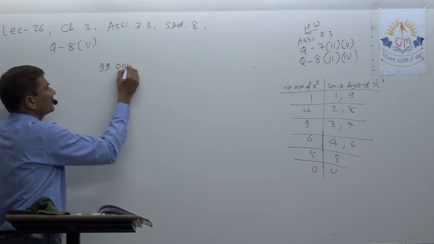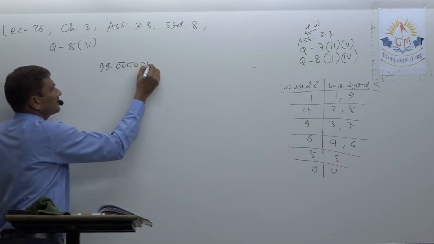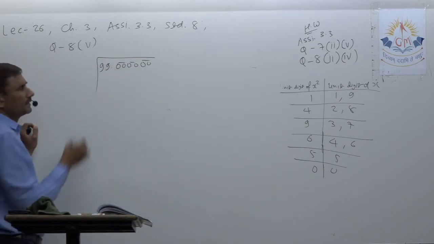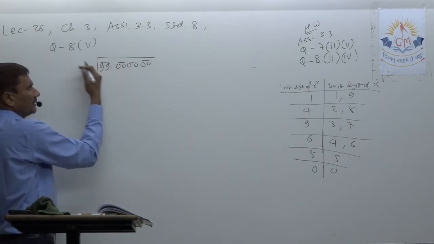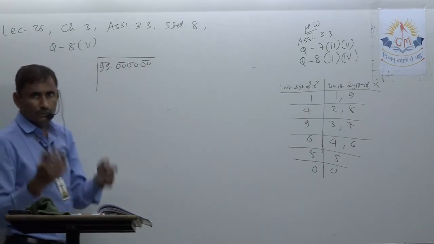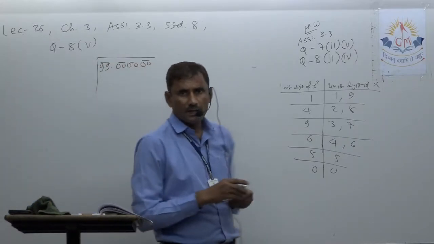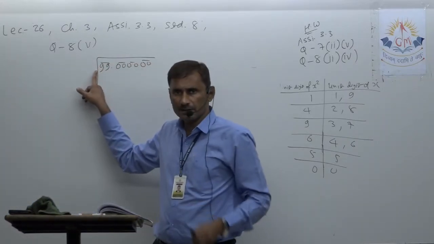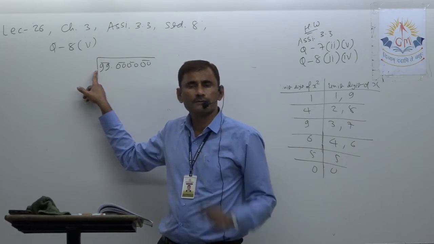So again write down here a pair of zeros. I am putting here 3. This is also one pair. You know how to make pairs: from the point, left and right, just two digits per pair should be there. If at the last any single digit remains, it will be alone only.